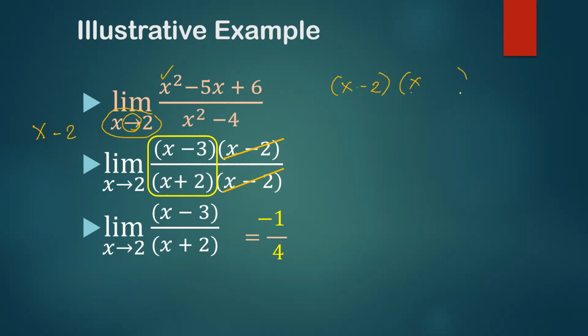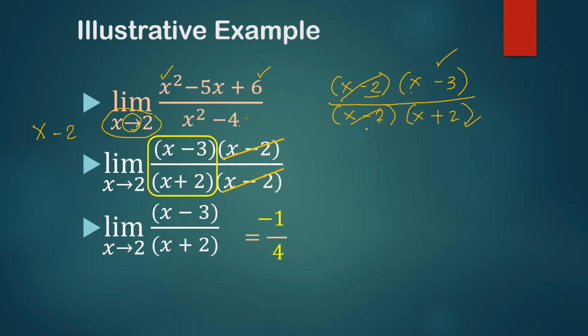X and x. Tapos 6 divide by negative 2, you have negative 3. Diba? Mas madali na. So, you expect x minus 2 to cancel out. So, dapat may x minus 2 ka din dito. May x ka dito. So, negative 4 divide by negative 2 is positive 2. Ayan. So, parang yung kasamahang factor na lang yung iisipin mo kasi you already know the factor that will cancel